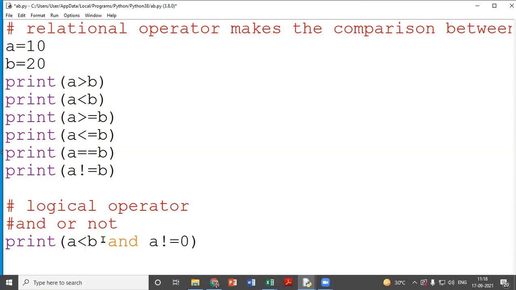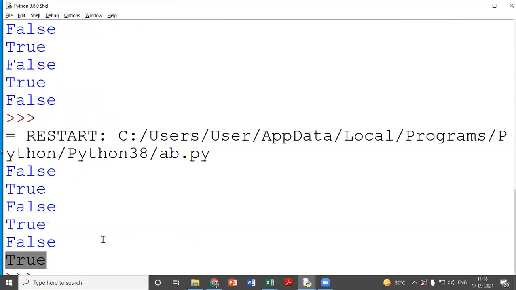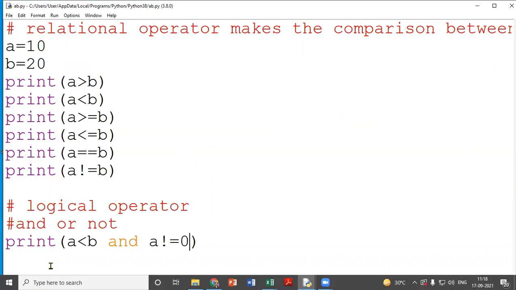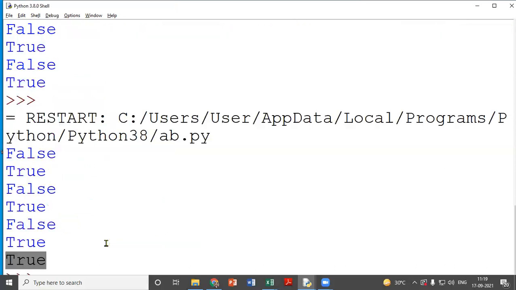Both the conditions are true, so it will show true. And suppose if I had given equal here, then what will happen? False, because one condition is false and one is true. But I want all the conditions to be true for a true result. So when you see the output, it will return false.